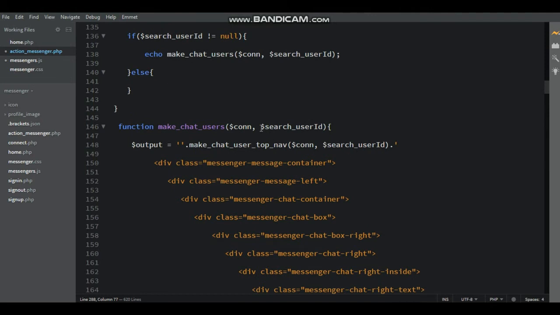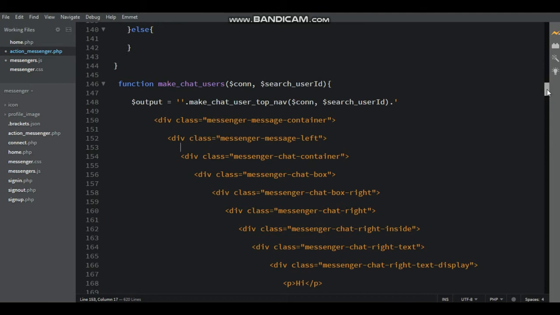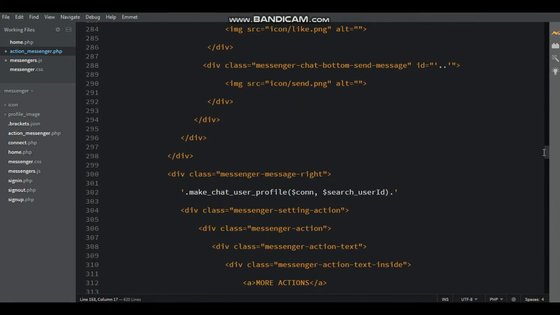Here just copy the $search user id, here that is $search user id means that is receiver id, just paste it.